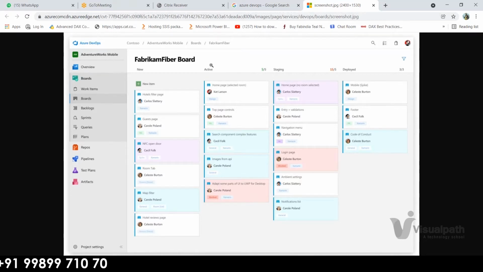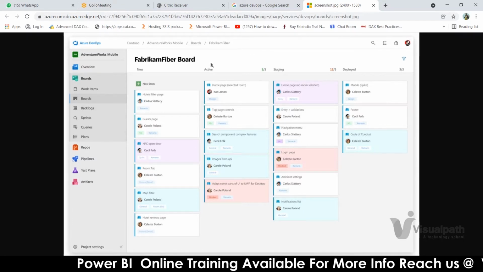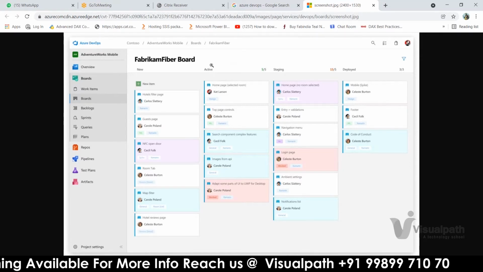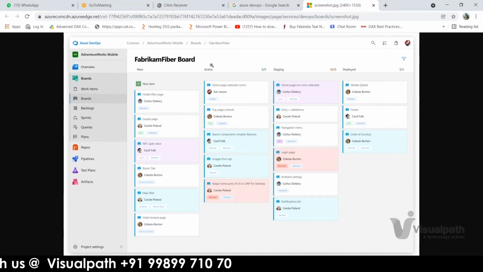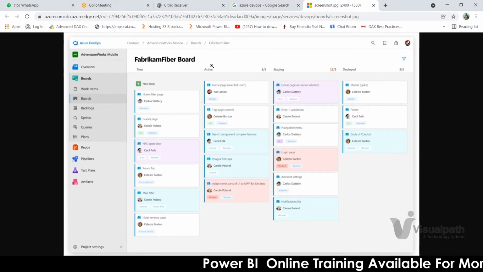So what happens in an organization is that for any project development, it could be a report development, an application development, or anything, they will follow a strategy called agile methodology. You might have heard about the software development life cycle in your college days. We have two types of development life cycles. The first one is the waterfall model, and the second one is agile methodology.